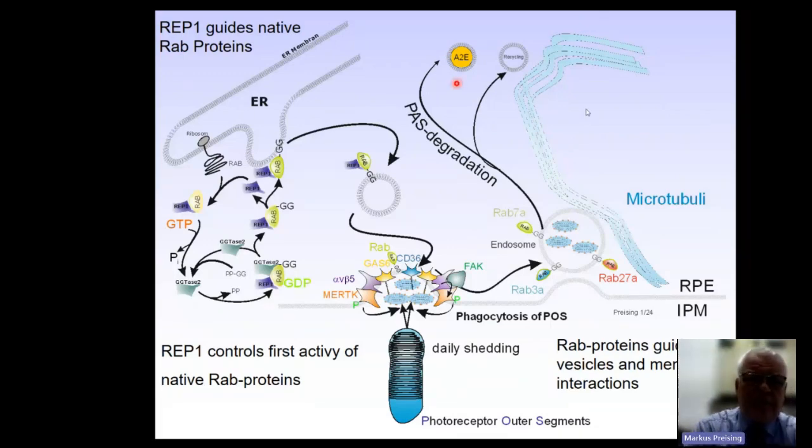The recycling of outer segments is mainly for the membranes and for some protein structures, and the depositing is mainly for the vitamin A derivatives, and finally these deposits are made of A2E, which is toxic to the retinal pigment